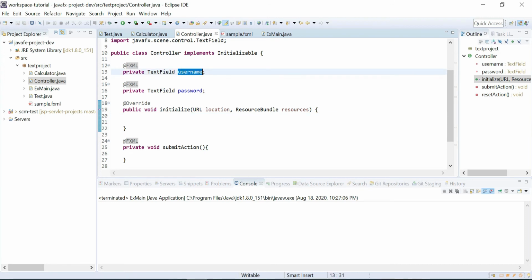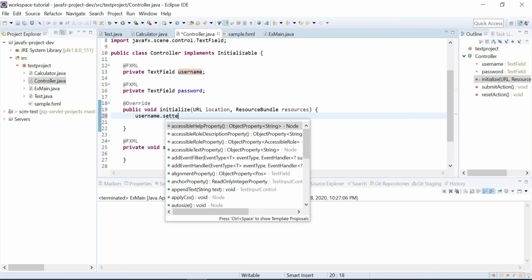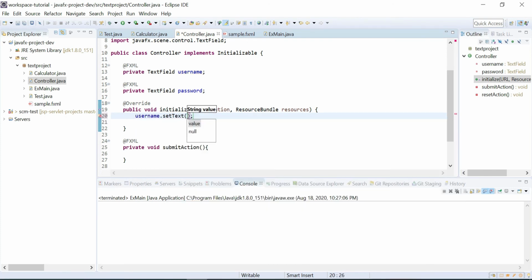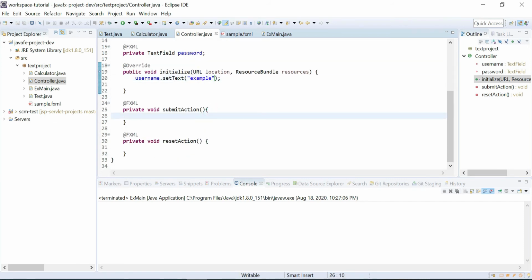If you want to set some text to the input field, like example, you can declare that here. On invoke of the window, if you want to set the title, you can refer to it here.